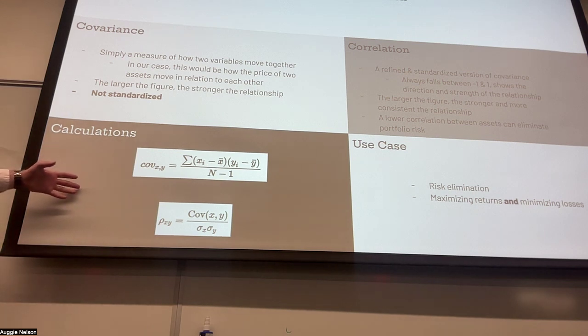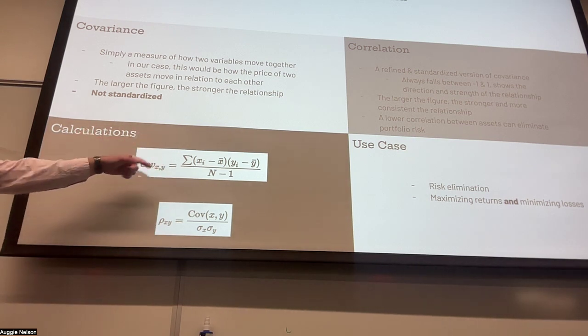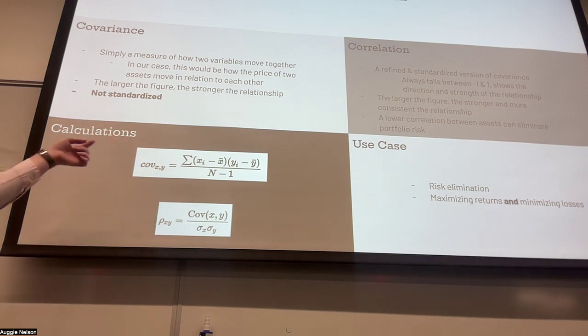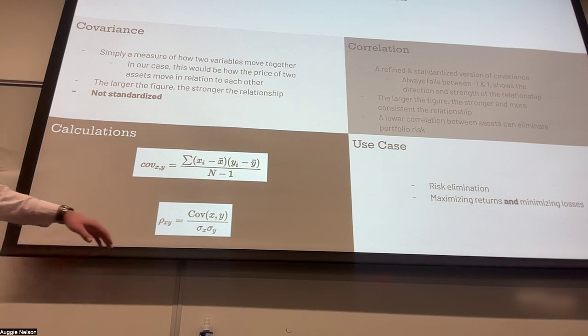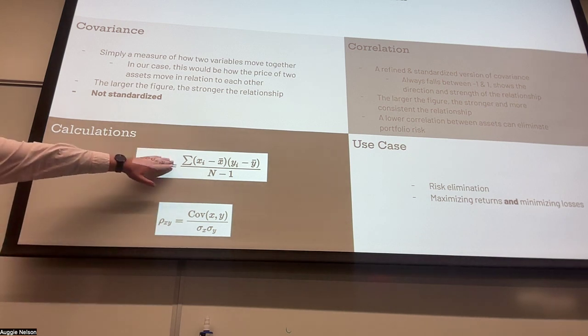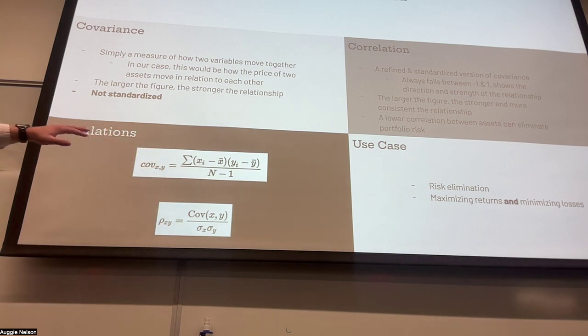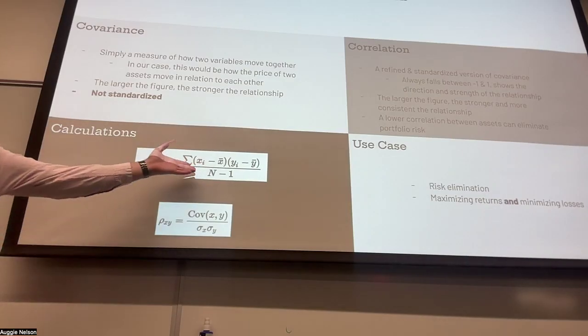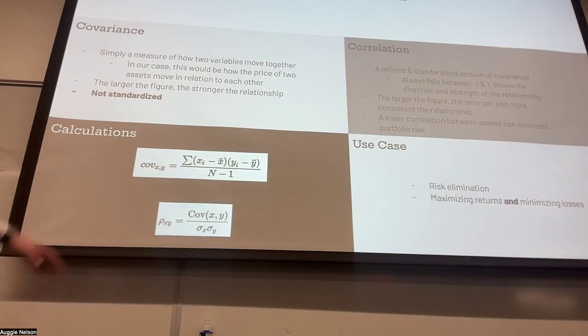I put the formulas in here. You don't necessarily need to write them down. You can find them anywhere online, but just as a way to explain them. So the covariance is calculated as the sum of the returns for one asset minus the mean return of that asset, multiplied by the returns of another asset minus the mean return of that asset. And the reason it's in a summation form is you've got to do that for every return in your time horizon. So if you're looking at a year of daily returns, 365 daily returns, that's how you get your numerator. And then